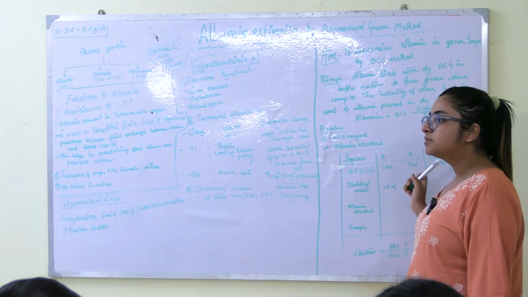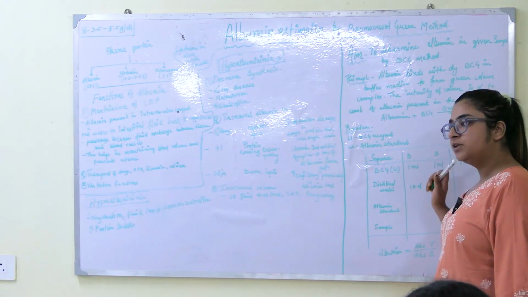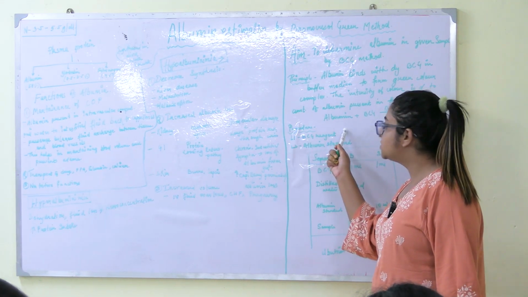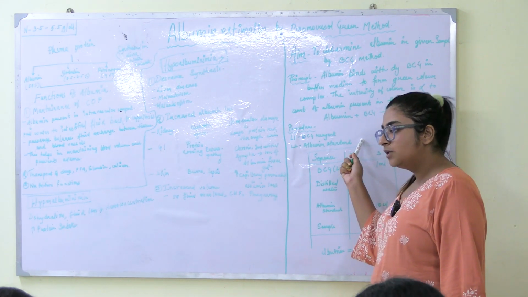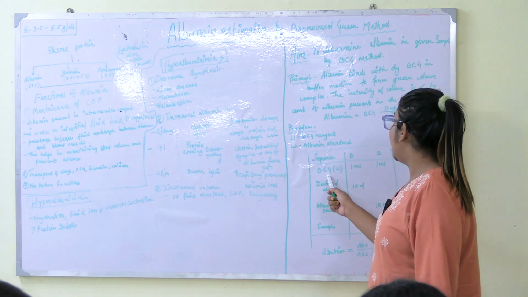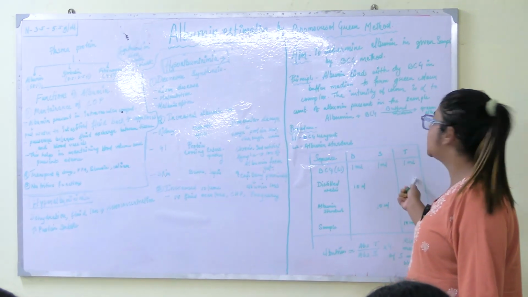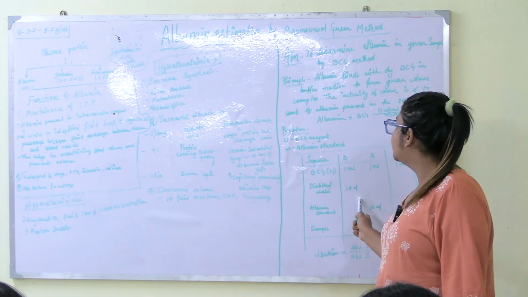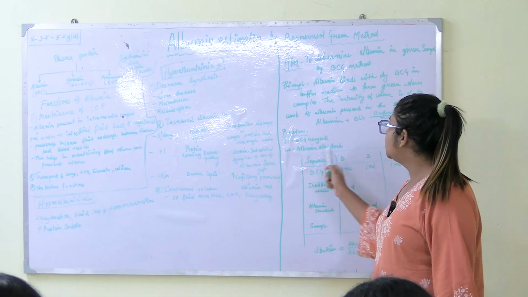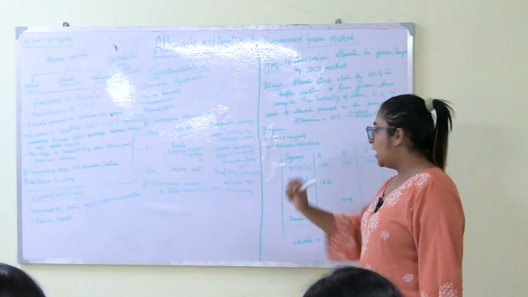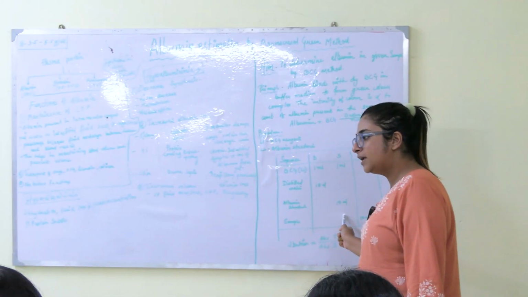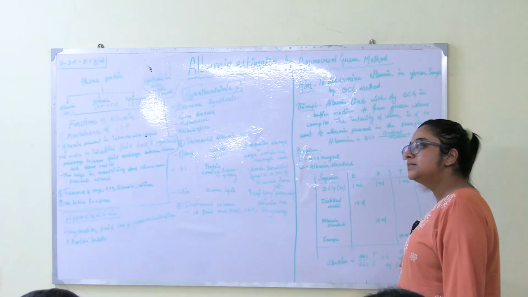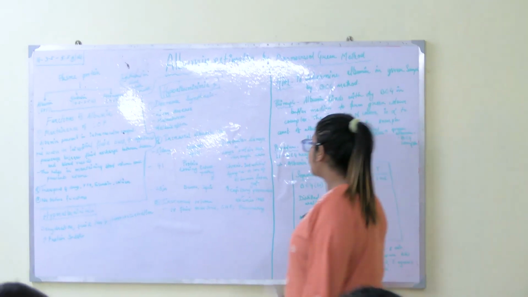You will have 3 test tubes: blank, standard and test. You already have the BCG reagent and the albumin standard that is given to you, and you have the sample. So L1, the BCG reagent, you will put in all the 3 test tubes, 1 ml each. You always do the blank with distilled water, 10 microliter in the blank. L2, the albumin standard, you will put 10 microliter in the standard test tube. And of the sample which you have, 10 microliter in the test tube.